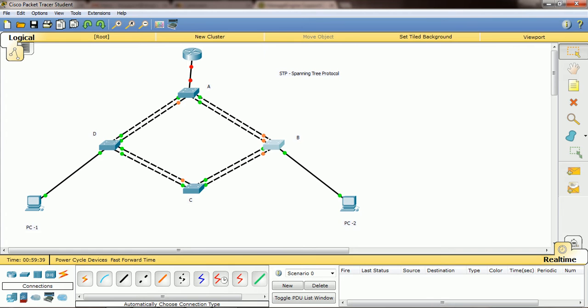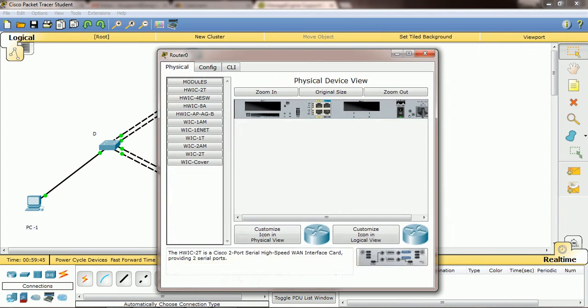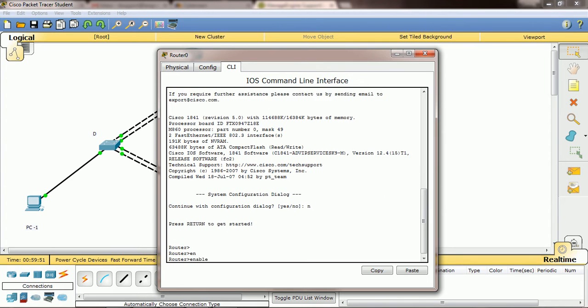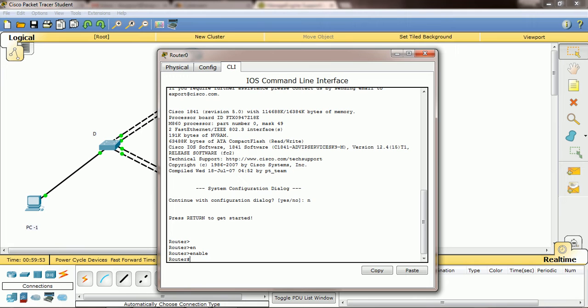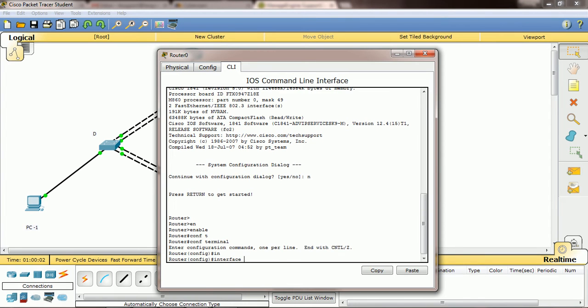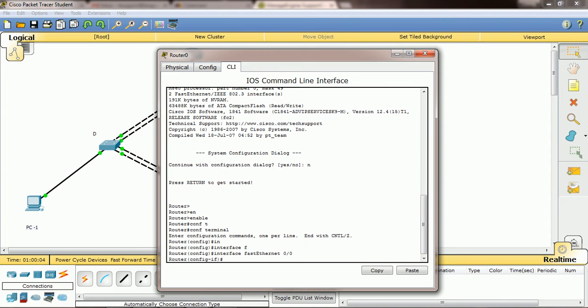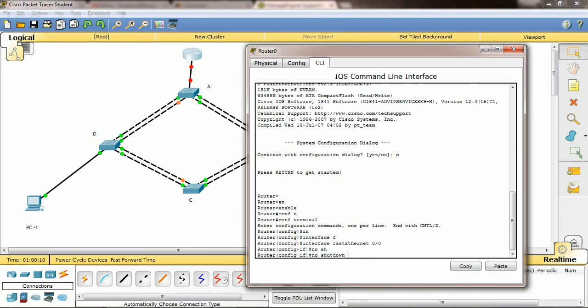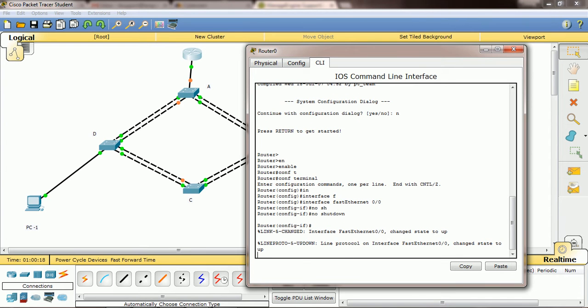So now what I will do, I will disable the spanning tree mode and see. Before disabling, let me assign some IPs and try to ping. Okay, I will go for router configurations. I will enable the port, assign some IP, and ping. After pinging, we will check how the spanning tree is working. Config terminal mode, enter into interface FastEthernet 0/0, no shutdown. No shutdown is nothing but making this port state up, right? Once I press enter, you can see this red goes to green. See, the port is up now, right?